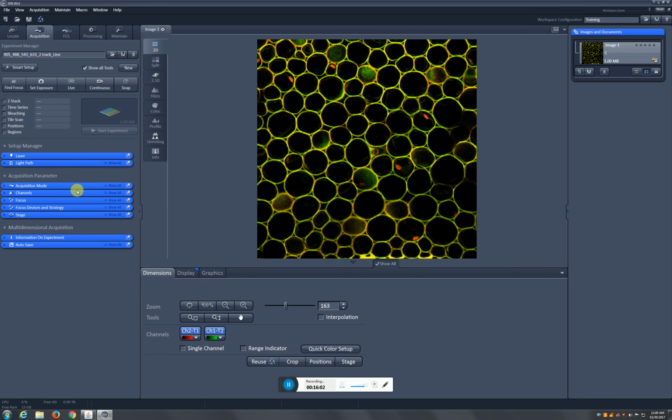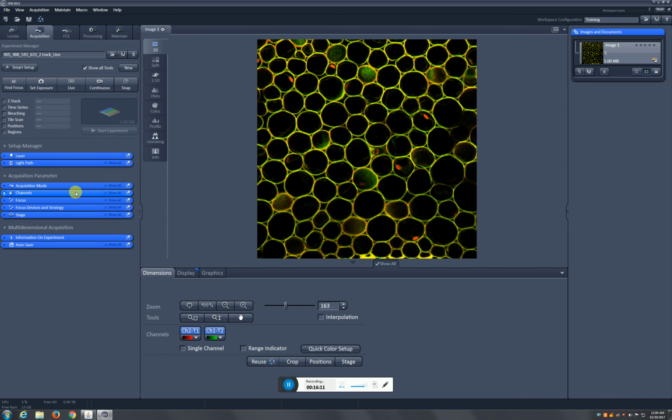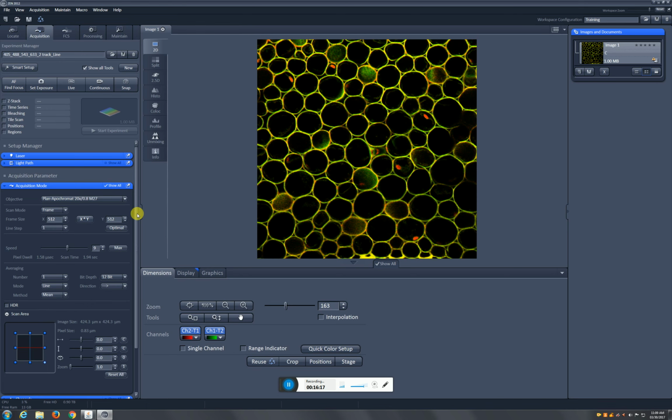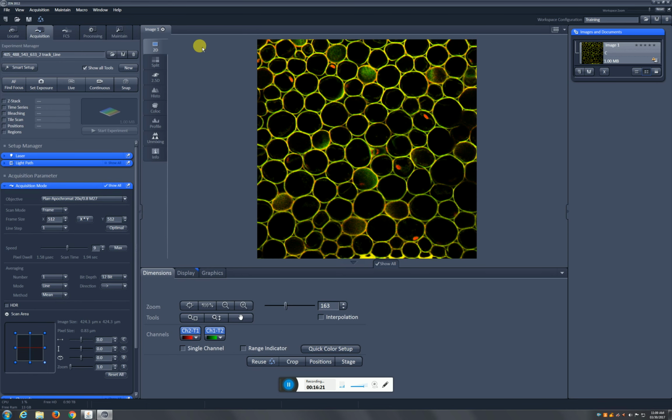So what we're gonna do now is I'm gonna talk about primarily both the acquisition mode window and the channels window. I'm gonna show you the more detailed version of this by clicking the show all button so you can see these options. Okay. So the first option that we have for our acquisition mode window is that we can